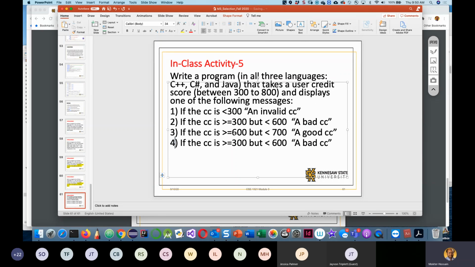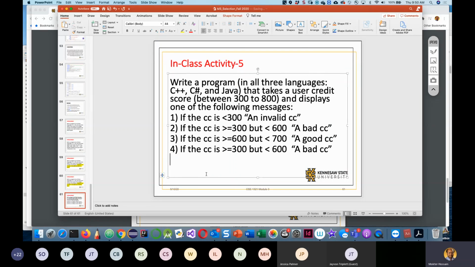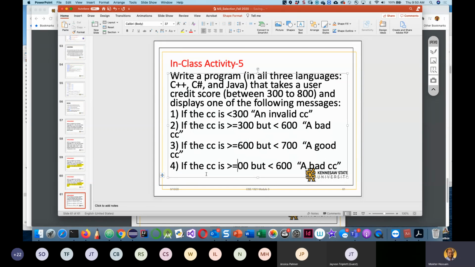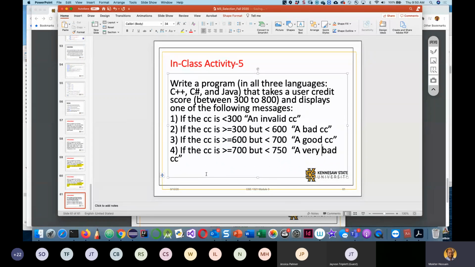Similarly, if credit score is greater or equal to 700 but less than 750, a very good credit score. And the last one,